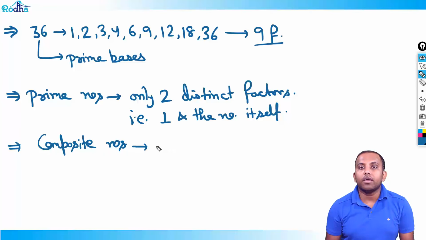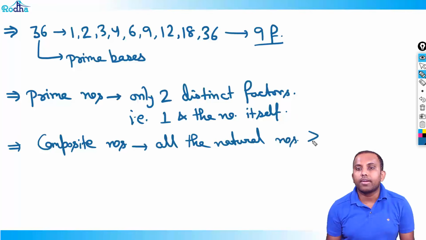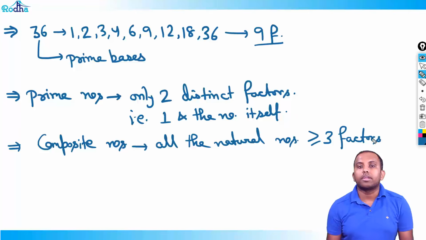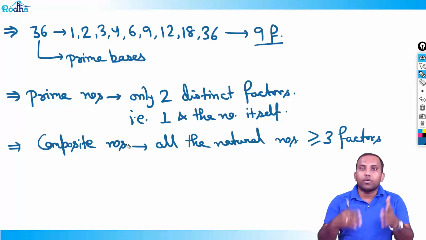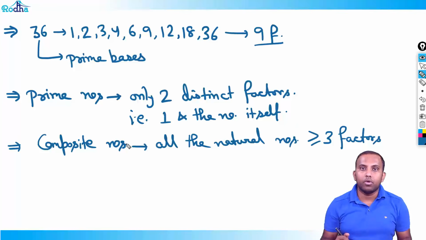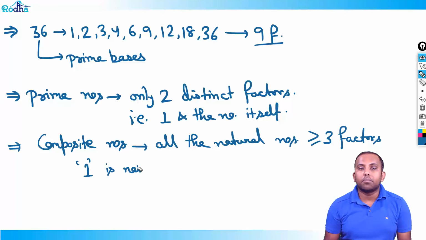So composite numbers are all the natural numbers having greater than or equal to 3 factors, right? With only two distinct factors, it is a prime number. With greater than or equal to 3 factors, it is a composite number. That's why the number 1 is neither prime